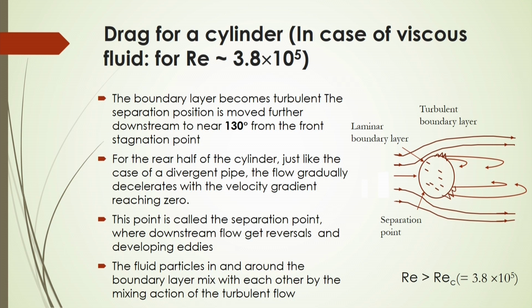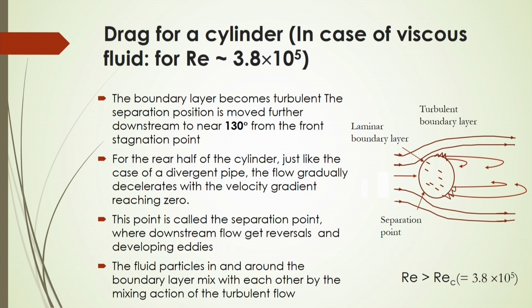Beyond this separation point, the fluid particles will get intense mixing, they will come together, and there will be a formation of a circulation cell. That circulation cell is called an eddy, and the eddies generate turbulence in the